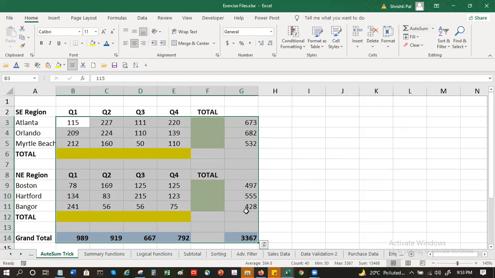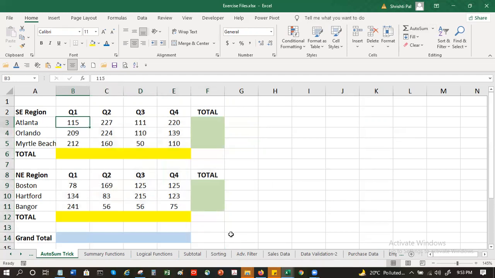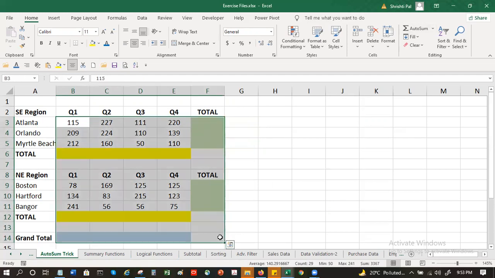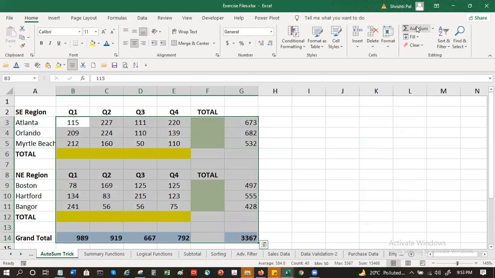I'm getting row totals at once. Sir, you dragged till G. No, I didn't drag it. I just selected it, and I clicked on this. Only clicked, shift, click, and then I clicked auto sum. Automatically it took it in the G row.